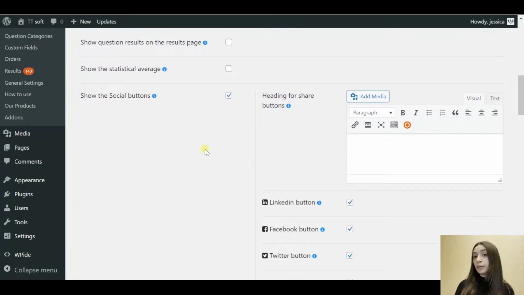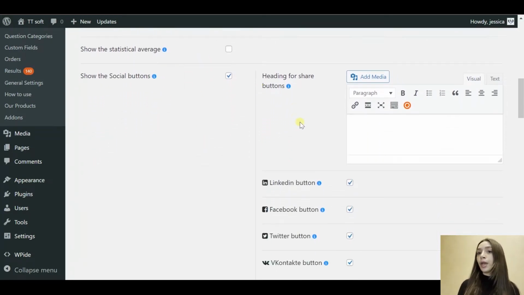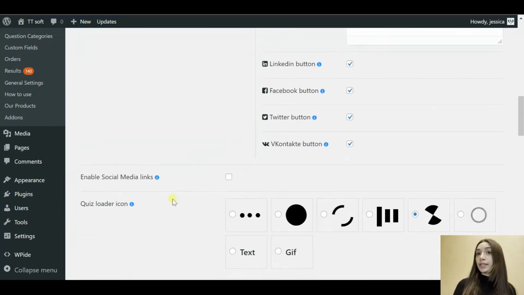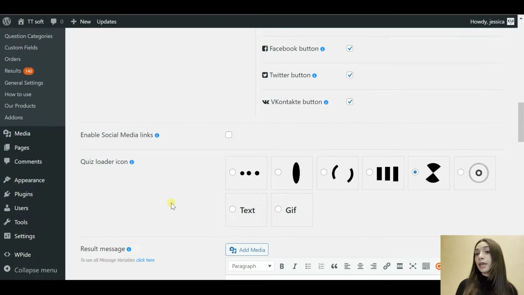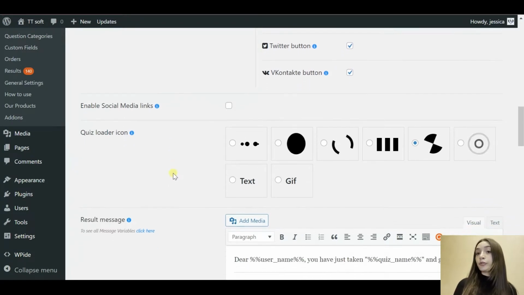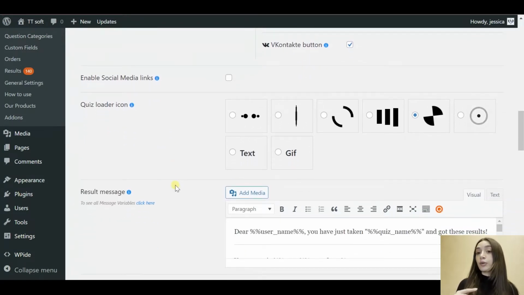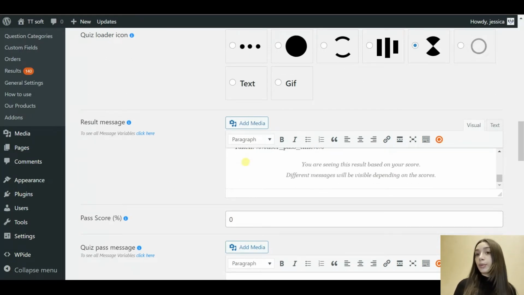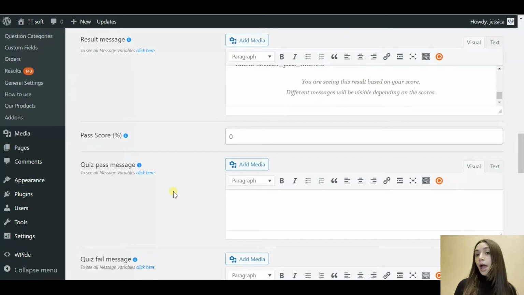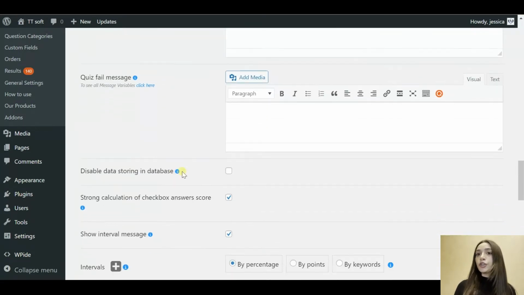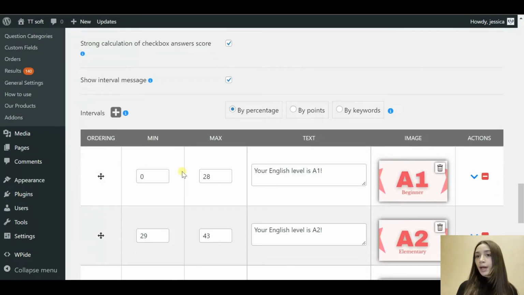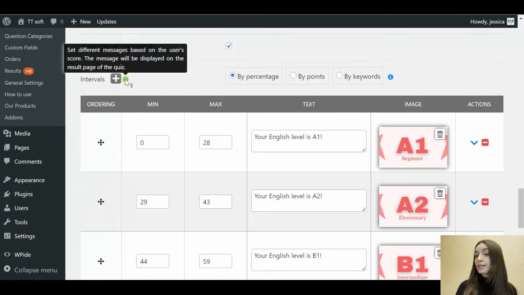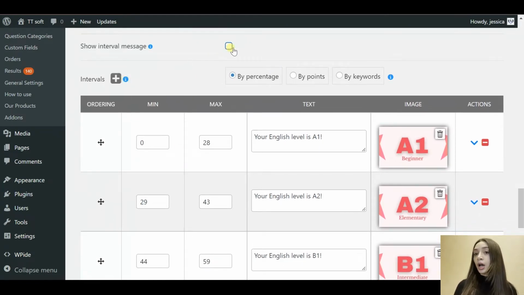If you want to show an interval message, you have to tick the functionality, and then comes the intervals. If you are going to do it by waypoints, you have to click on points. If it's by keywords, click on keywords, and correspondingly, if you are displaying percentage, then you have to click on by percentage. And which means that by this interval message, we are going to show our quiz taker which level